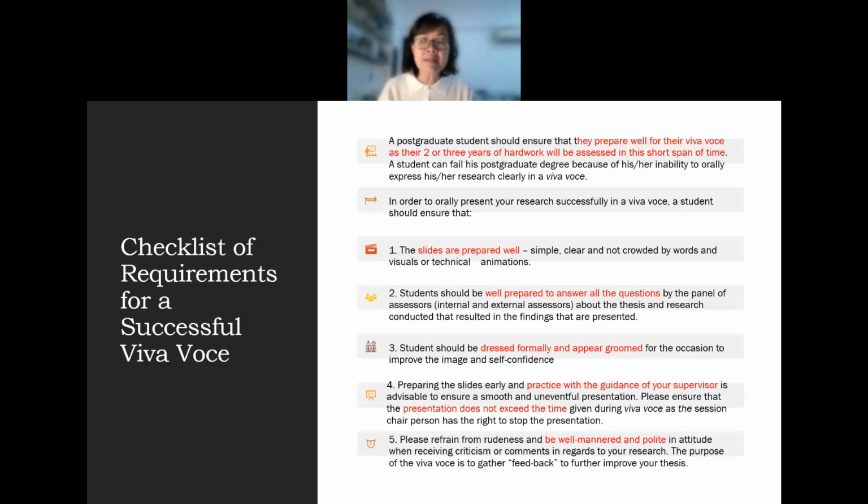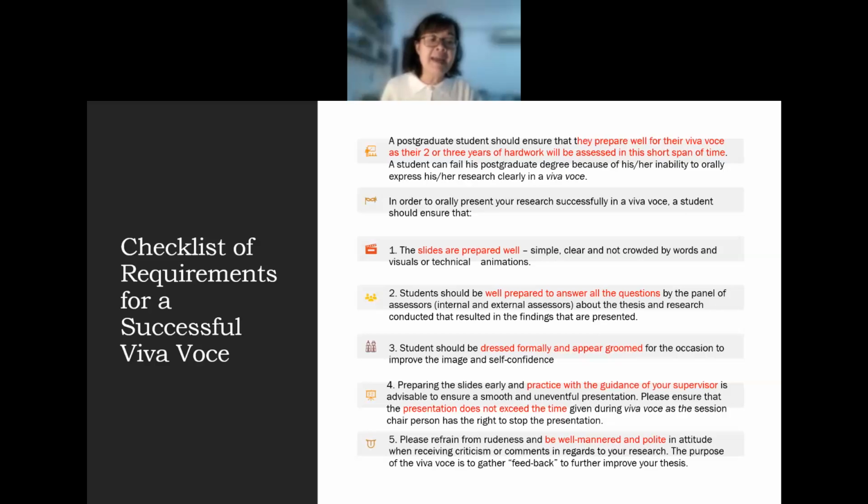We have encountered students who do that. They say bad words thinking that we don't understand Chinese. Well, we do. And if you are not well-mannered and polite, some of us can stand up and walk out of your viva voce. And because of that, you will fail.